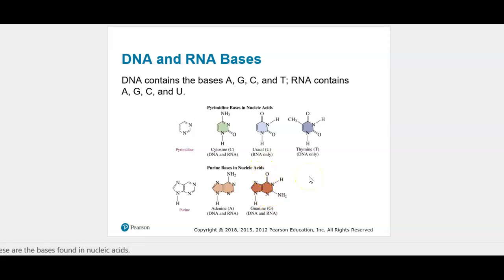It's a little bit difficult without the numbers, but the numbering systems are quite a bit different between these two, and not too many books actually use it beyond showing it the first time they show the structure of these things. But these are the structures of the bases. Moving on,